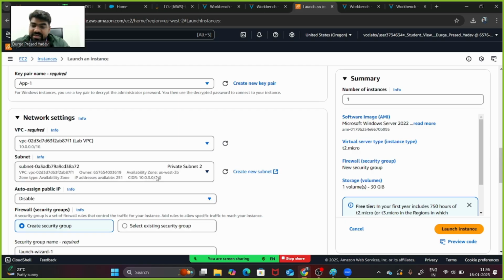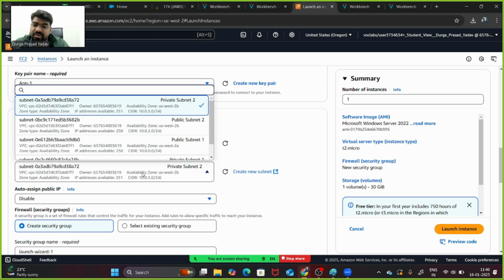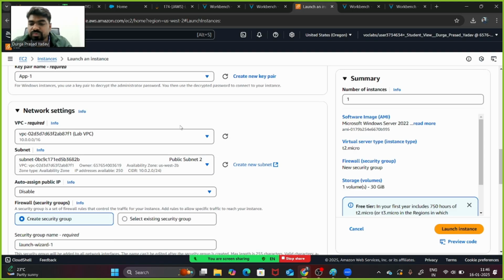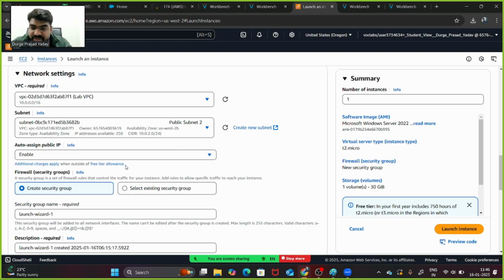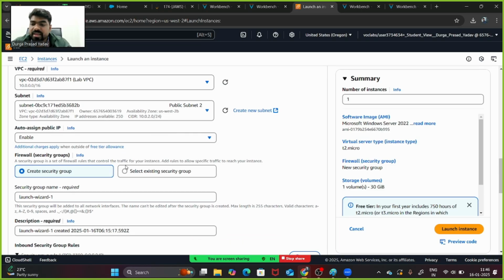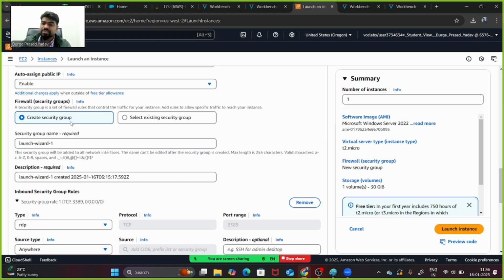Now when it comes to the subnet, last time for the first machine select public subnet 1, for the second machine select public subnet 2. And please make sure auto assign IP is enabled for both machines. And if you want to use a single security group for both of the machines, you can.